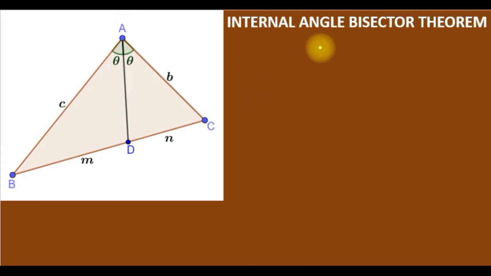In the internal angle bisector theorem, the theorem says that if you have an angle bisector AD, given the triangle as shown, then m over n is the same thing as c over b. As far as the angles here and here, AD is an angle bisector. But before we prove this,